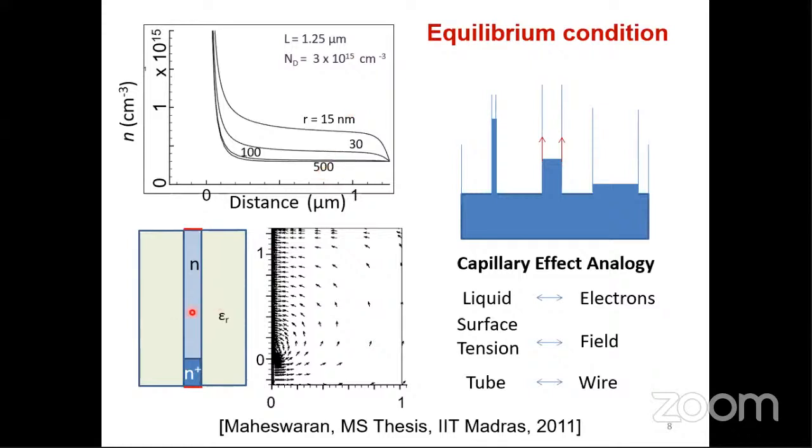But when you reduce the size of the wire, suppose you make it 15 nanometers instead of 500 nanometer. Now you can see how much is this concentration. Anybody should tell me, looking at this scale, how much is this concentration of electrons? From the scale, somebody should read and tell me. Sir, 0.5. So here you can see it is 0.3. Here it is 0.3 into 10 power 15. That is 3 into 10 power 15 actually. No, I'm sorry. This should be 10 power 16 and this is 0.3. It is written wrongly as 10 power 15.